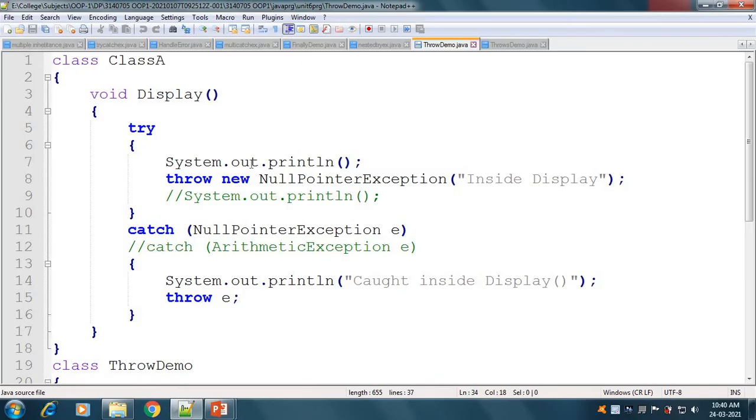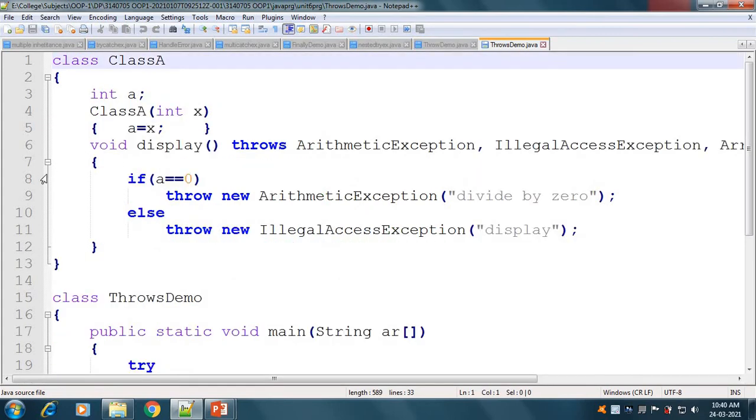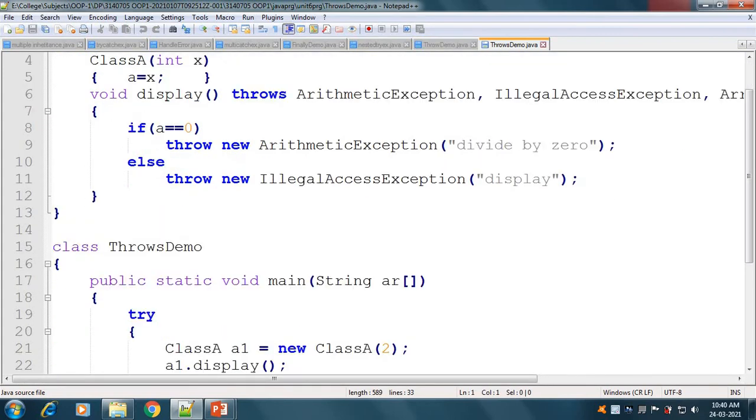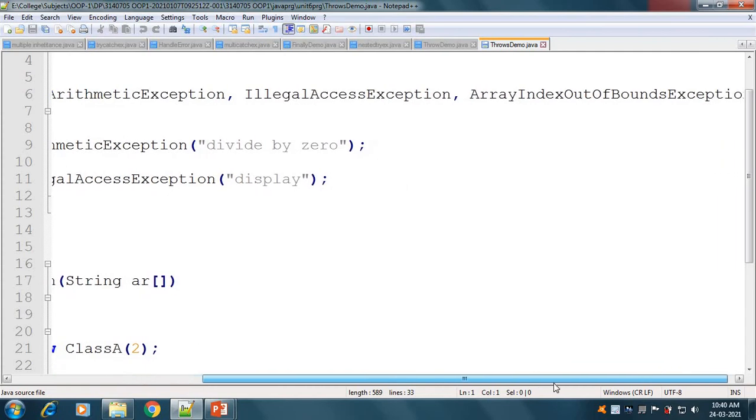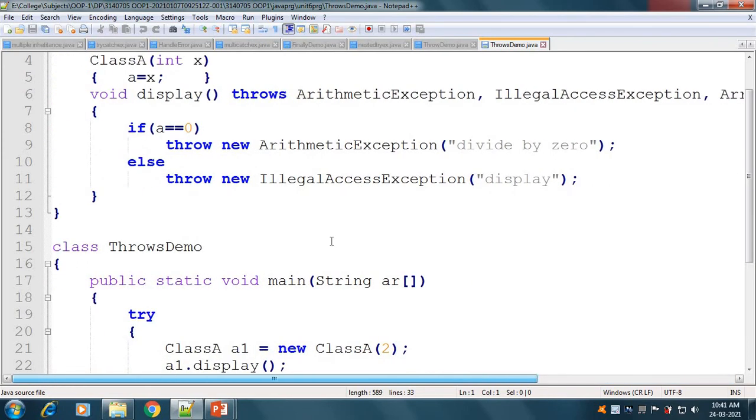Okay, so in this program you can see that our display method can have an arithmetic exception, illegal access exception, and array index out of bounds exception. Here we have specified 3 exceptions, meaning if we run this method, then these 3 types of exceptions can occur in this method.